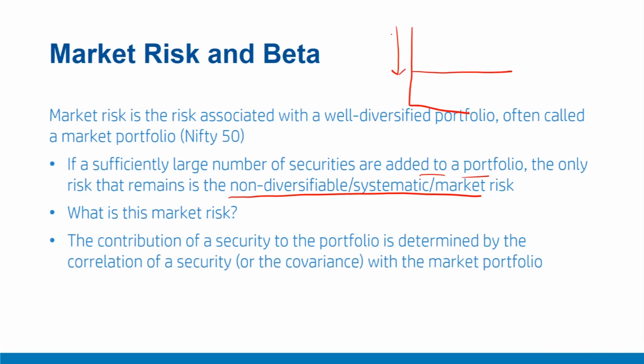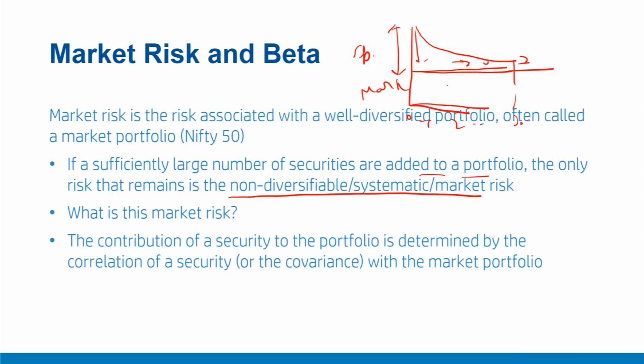There are two components. One is idiosyncratic stock specific risk, let's call it SP, and market risk, which is driven by the correlation across securities. Now, as you keep on adding securities, 0, 1, 2, 3, after a sufficiently large number of securities are added to the portfolio, this stock specific risk is eliminated and it tends to go very close to zero. Even with 30-50 securities, it can be completely eliminated. While the market risk is not eliminated with this diversification of adding more securities, and it sustains.